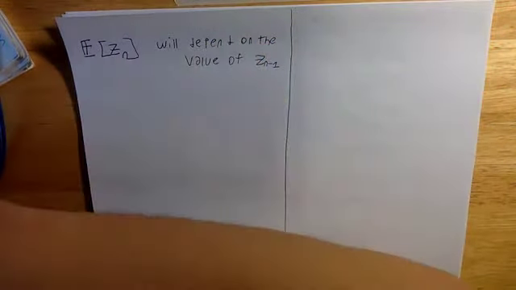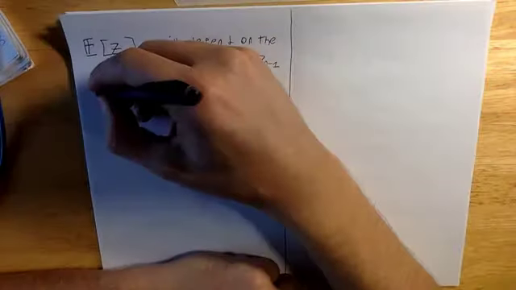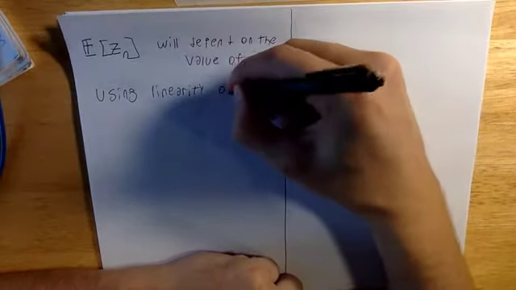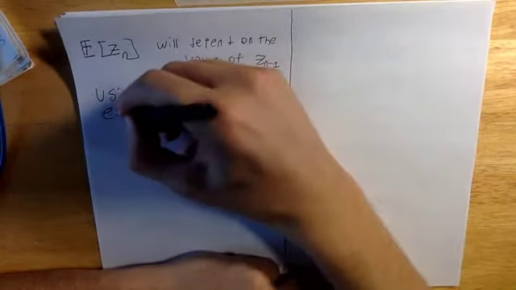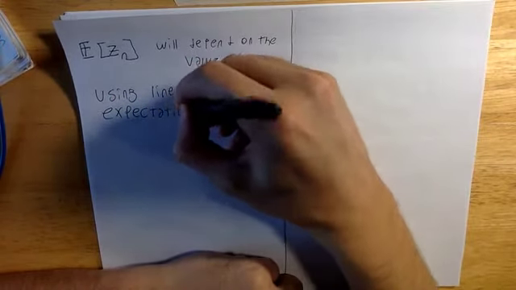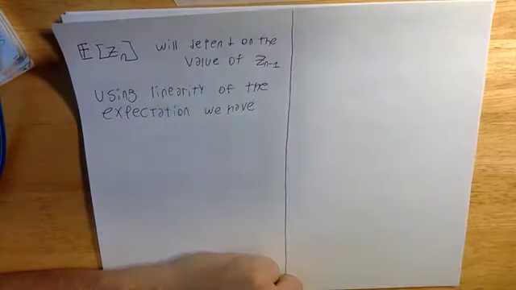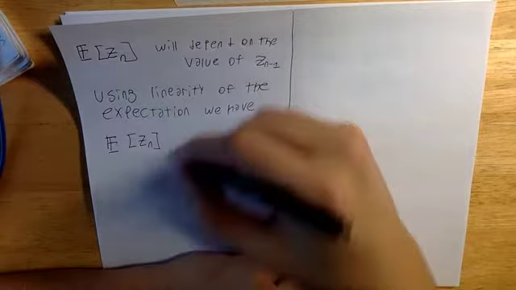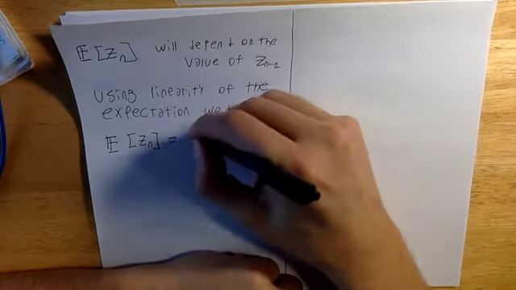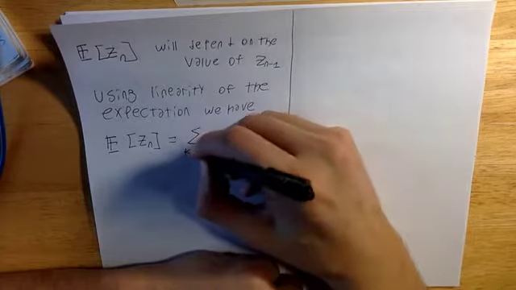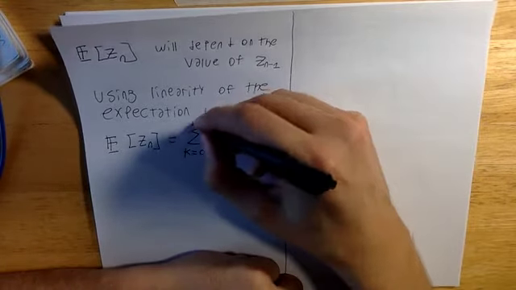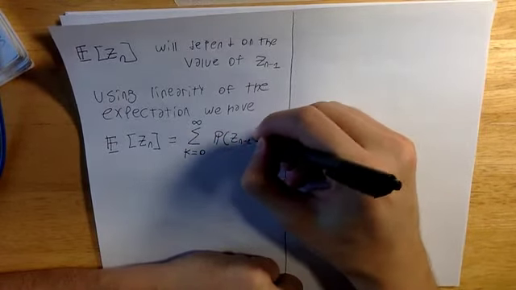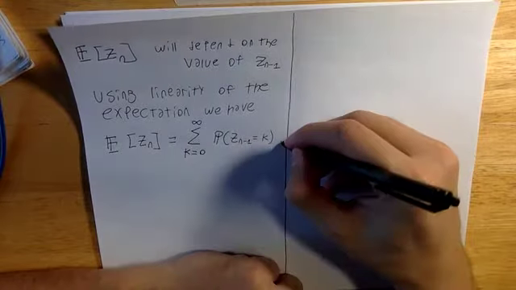Using linearity of expectation, we have that E of Zn is equal to the sum of k equal to 0 up to infinity of the probability that Zn minus 1 is equal to k times